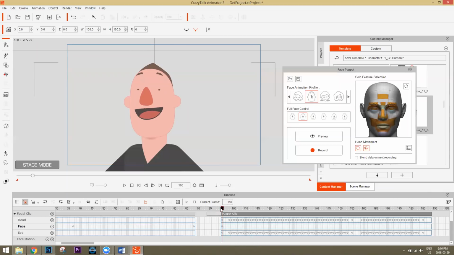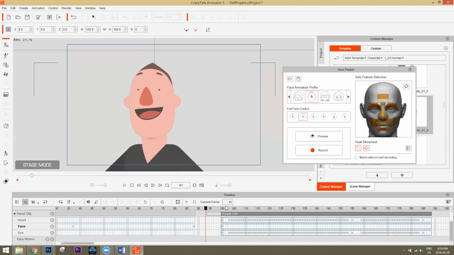So now it's going to be the same from here to here. Generally, what a facial puppet clip is, when you use the facial puppet tool, all it's doing is generating a whole bunch of face keyframes, and you can delete those and copy and paste those as much as you want.